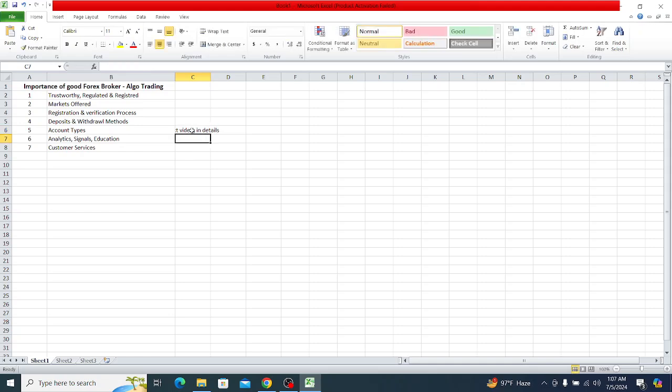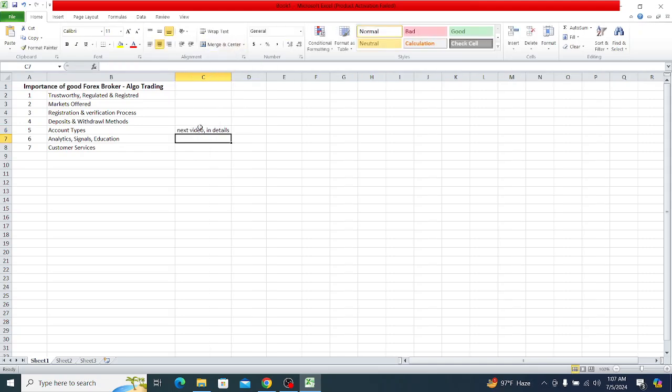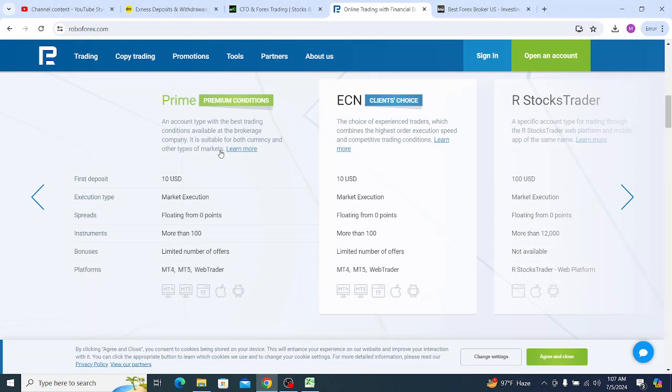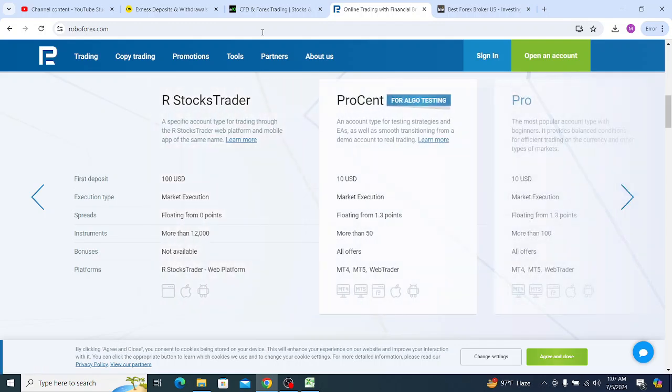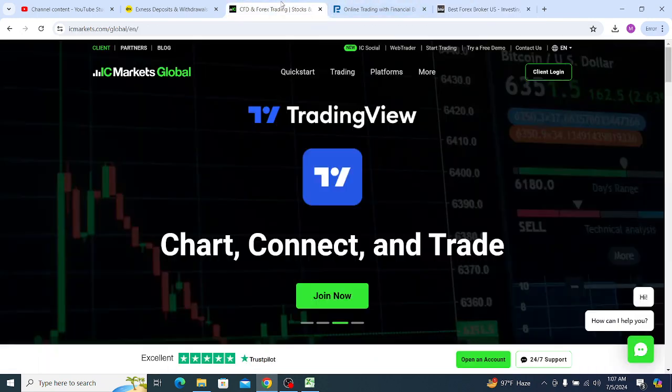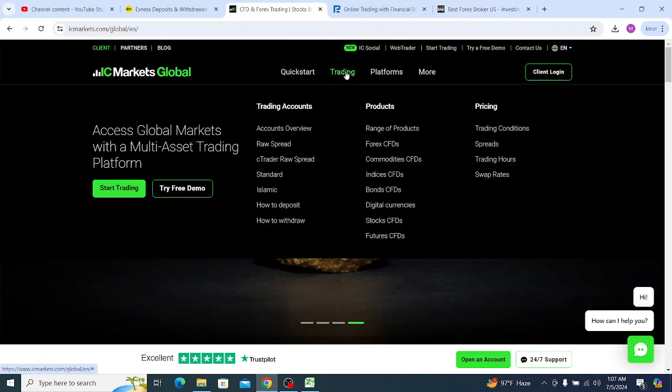So just basic things today we will discuss that all the brokers have different accounts: Prime, ECN, or stock trader. There should be cent account, Pro cent, and Pro. Here also we will have different account types, accounts overview,